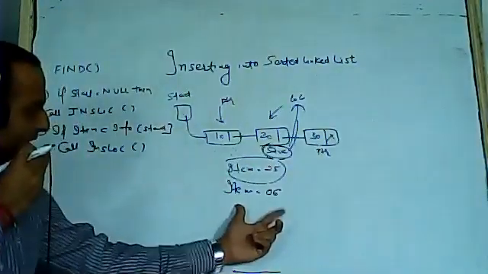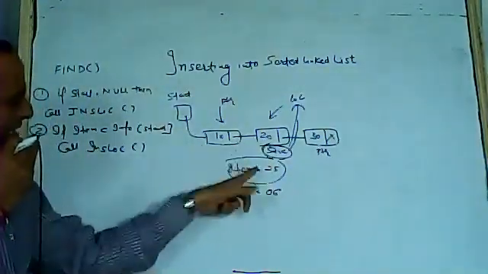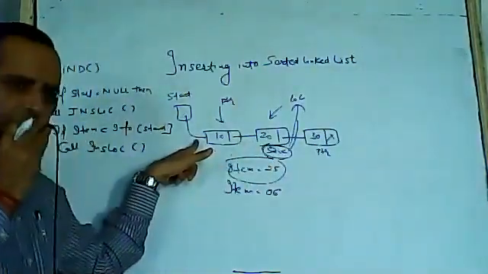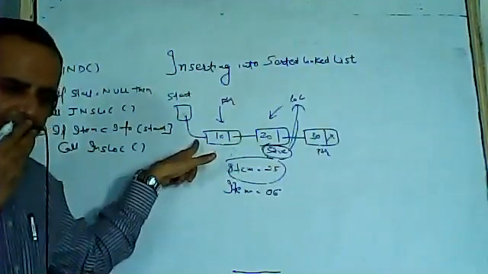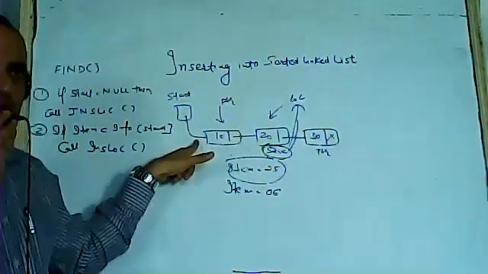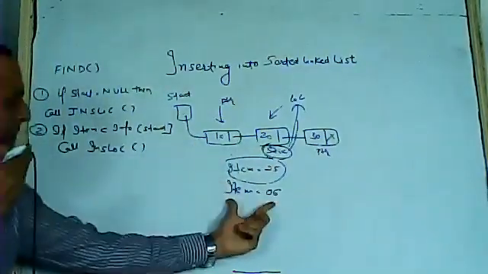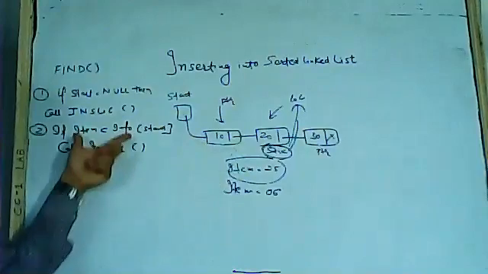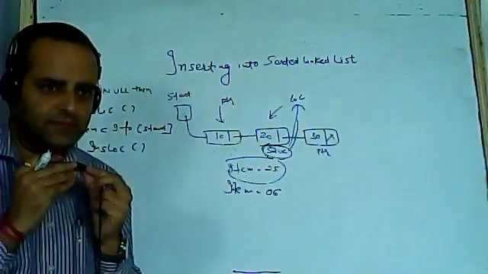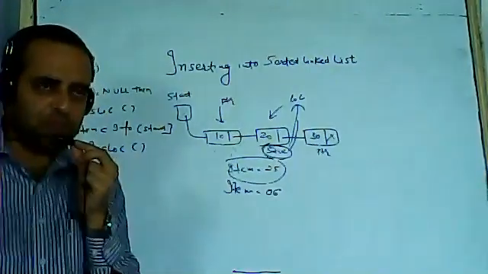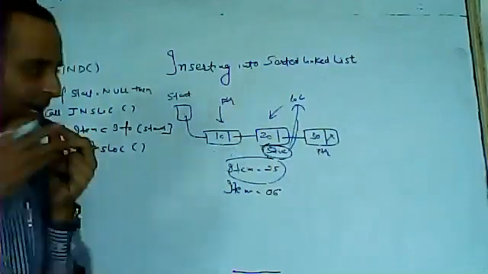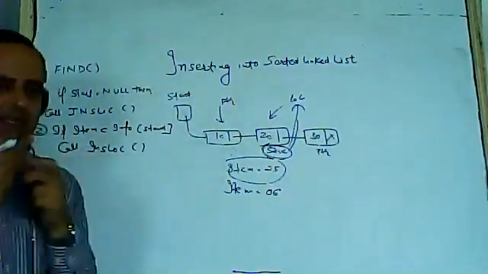But if the item you are inserting is less than the info of start, I cannot insert it anywhere else, because this list is already sorted. 6 will be inserted here before 10 because the list is already sorted. Again, the node will be inserted at the beginning. If item is less than info start, again I will call insert location. We know insert location does what? If location does not exist, it always inserts at the start. And of course, it's inserted at the start.